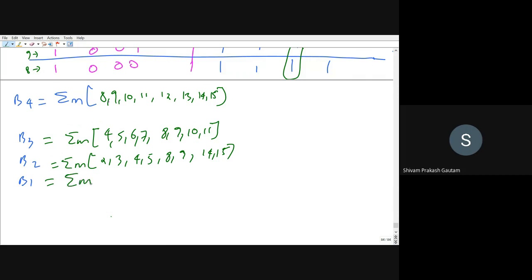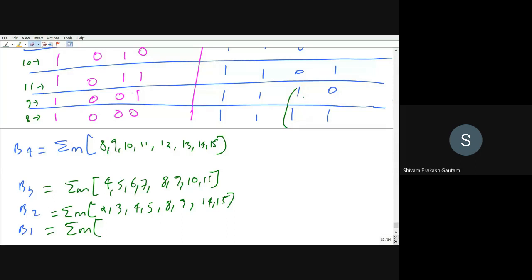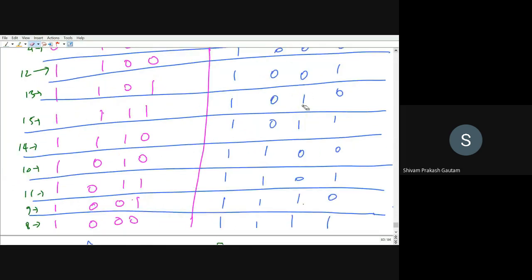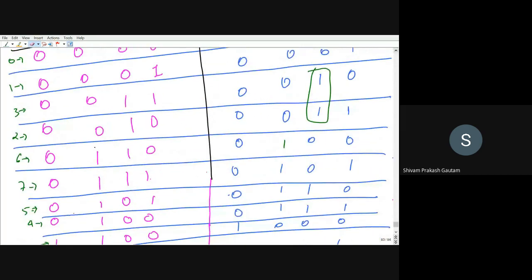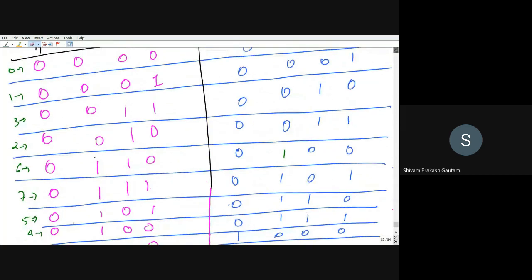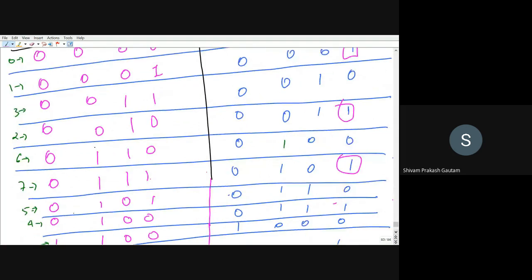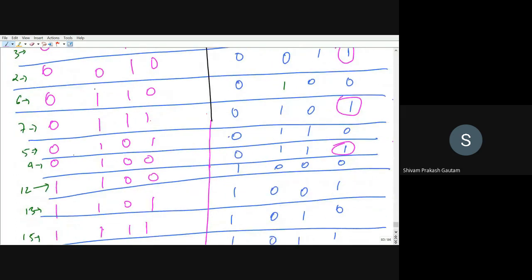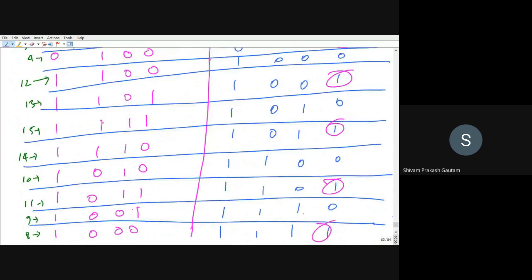Okay, then we have to check the minterms for B1. Pay attention: wherever B1 is high. Let me just rub this. Just see where B1 is high. So B1 is high here, here, alternately it is high. This is high here, high here.